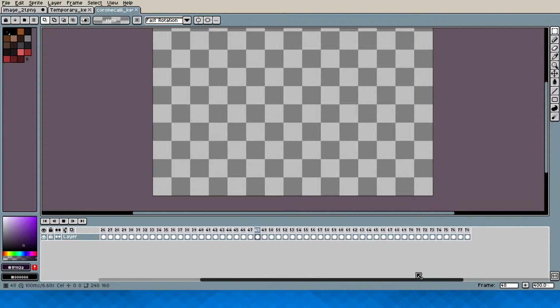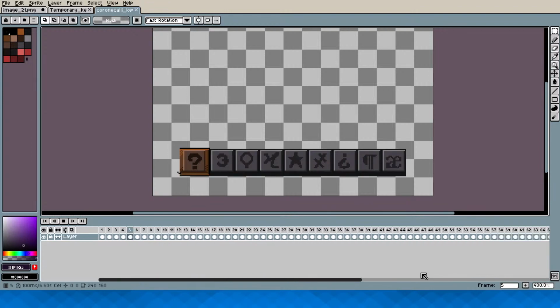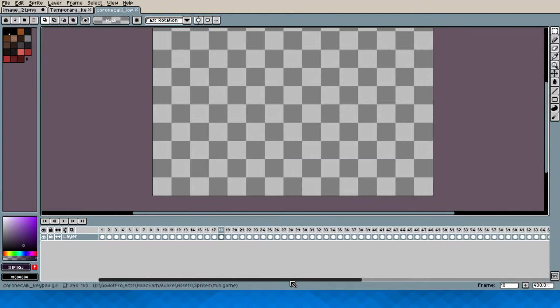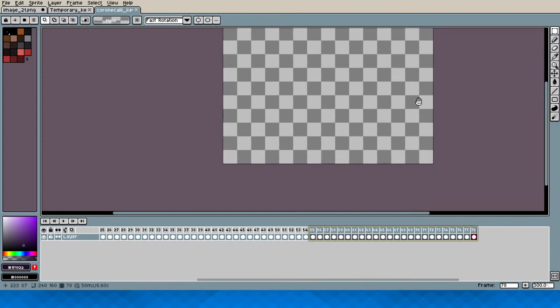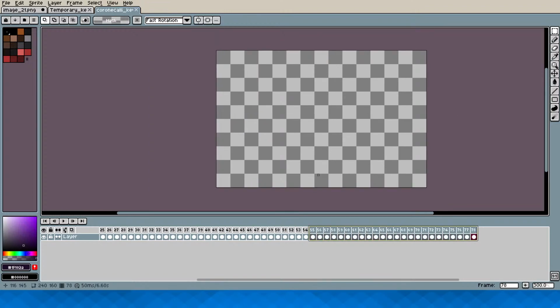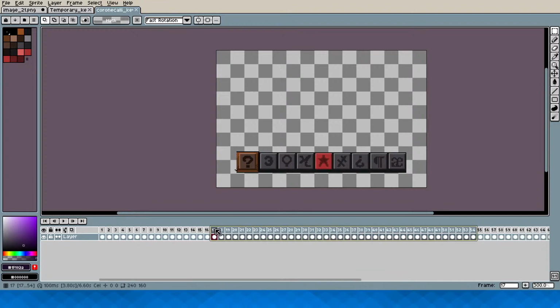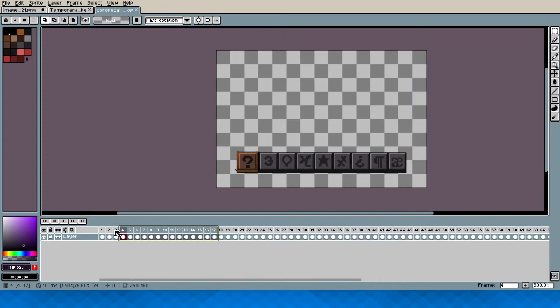Is this just a bunch of empty frames at the end here? Yes, it is. And it does, in fact, match the frame rate, it seems. 100 here and 50 here. Yeah, okay. So, this part is the part where the animation speeds up for the explosion. And this right here is the standard part. But after frame 17, it just disappears. Does it do that in the original animation, or does it move down? I don't remember. Let me double check that, actually.